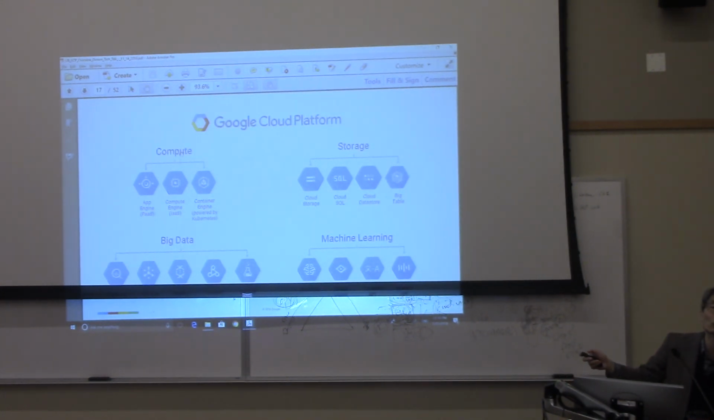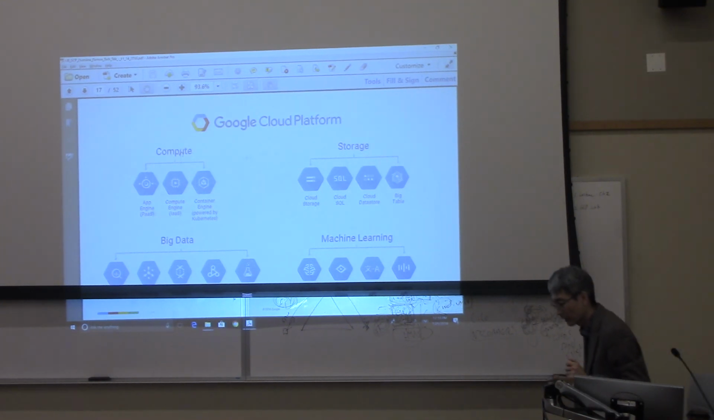We are going to use Compute Engine because our main purpose in this class is to understand the operating system. Especially, we will use the Linux system, Debian or CentOS. Another interesting compute service is Container Engine. Container Engine is like the